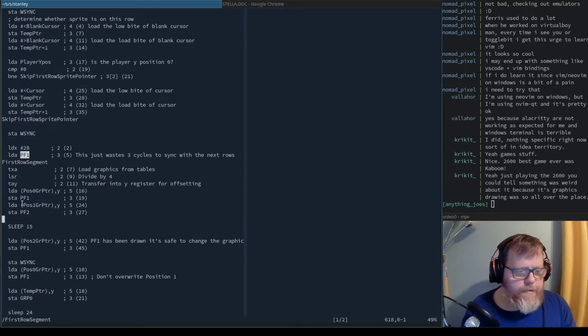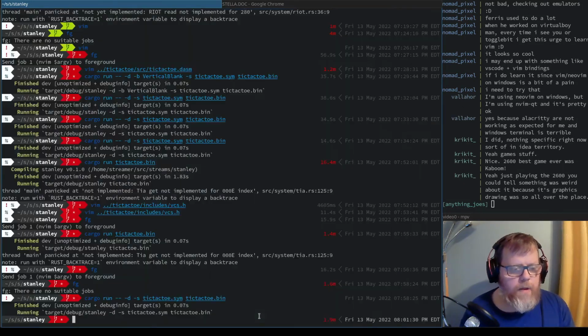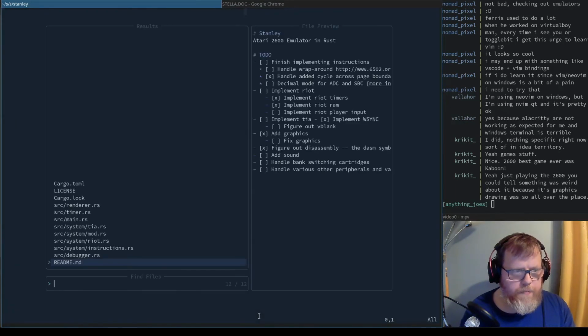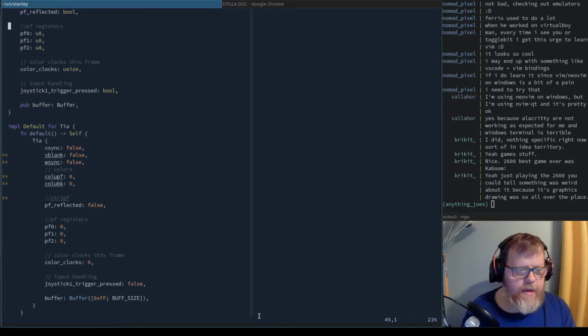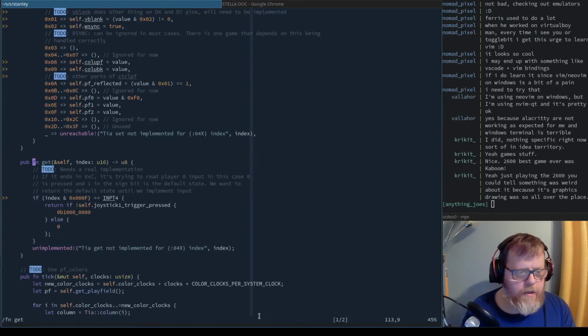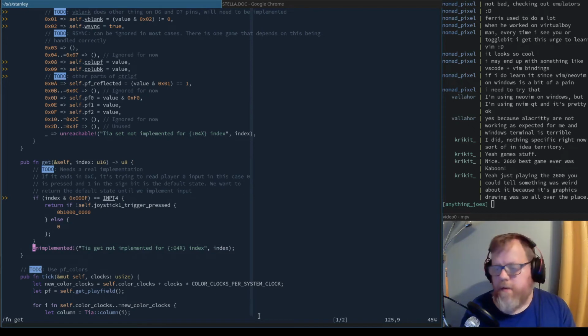So my tactic here is that this is in the range of the TIA. There's nothing there. This is function get, and this is where I'm getting. I could just return 0 here, but that means that if we ever read something that's real,